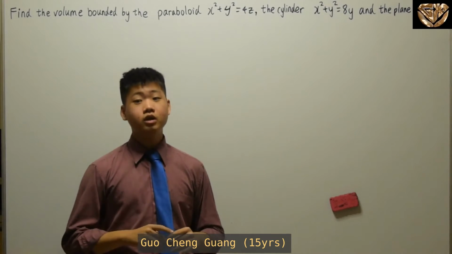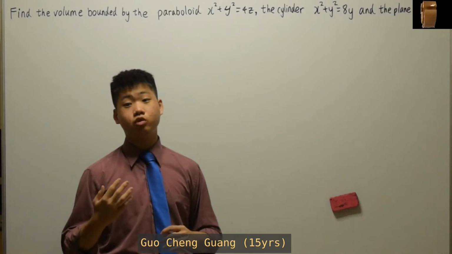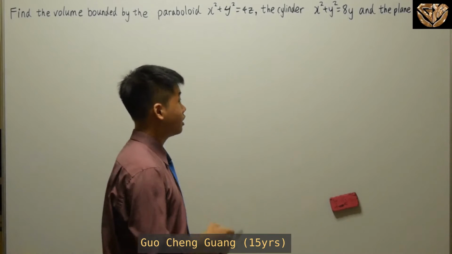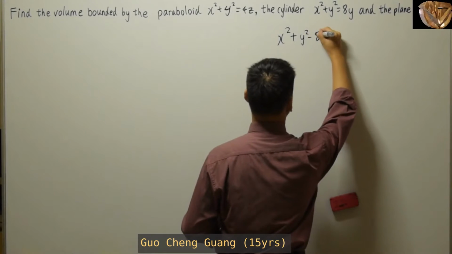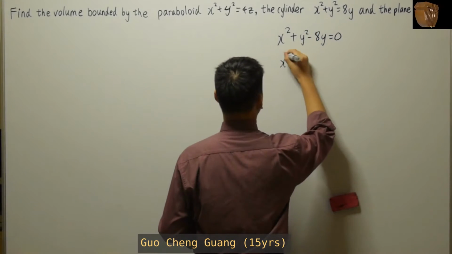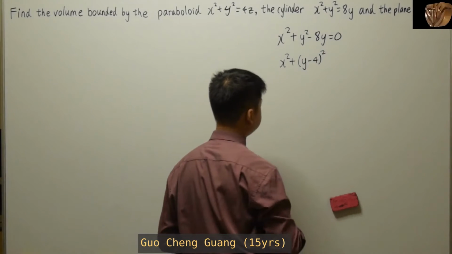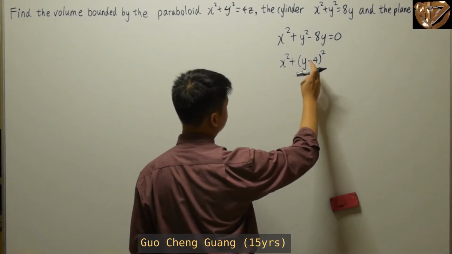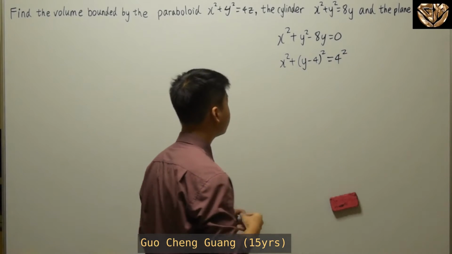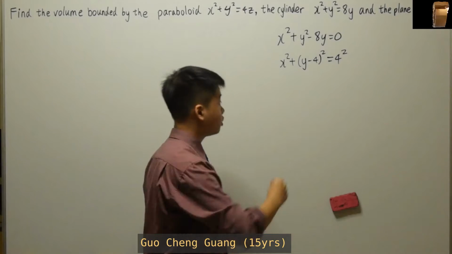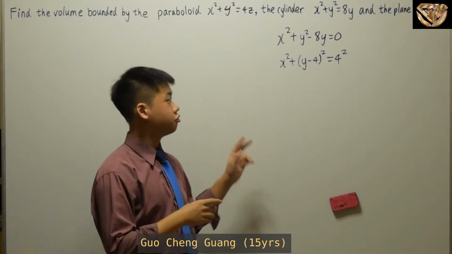Now, the cylinder. For this cylinder, x squared plus y squared is equal to 8y. Of course, you would want to move the 8y to the other side, which makes x squared plus y squared minus 8y is equal to 0. Now we want to use the method of completing the square. You realize you have an extra 4 squared, which is 16, but you can just add that on both sides. If you only take a look at this function, you will have a circle of radius 4 at